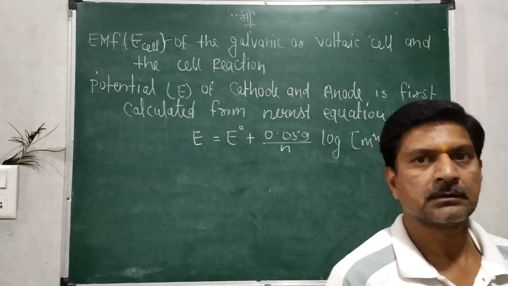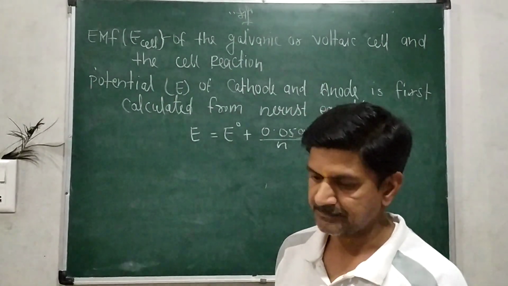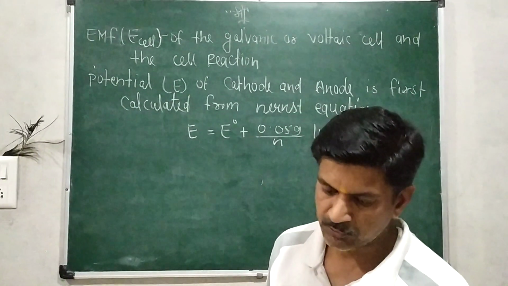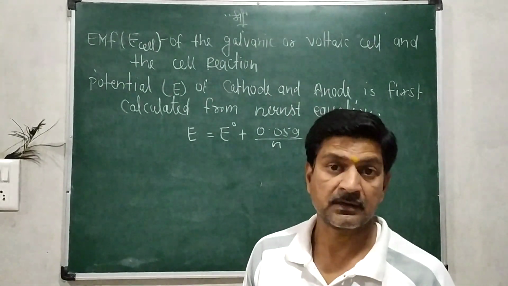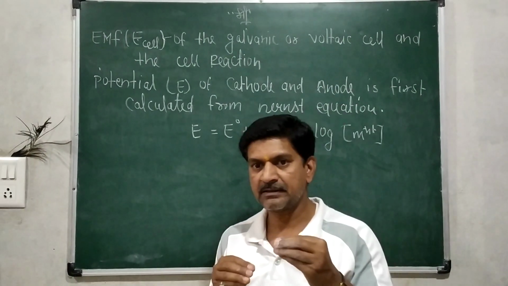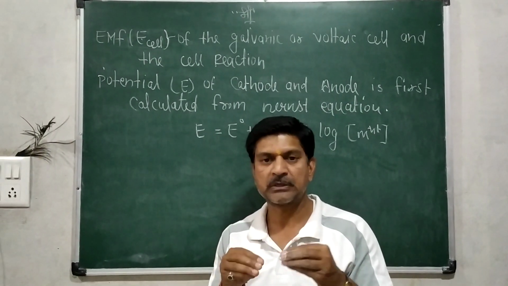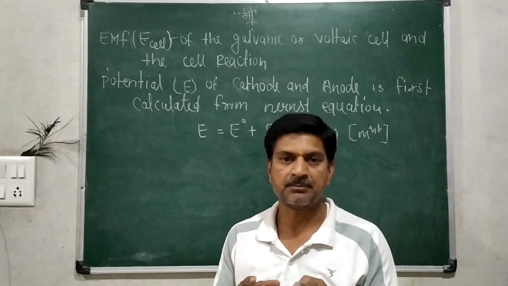when chlorine water is added to starch iodide solution, it will become a violet color. Why? So the question is, why? What happens when we add chlorine water to starch iodide solution? The answer is very simple.